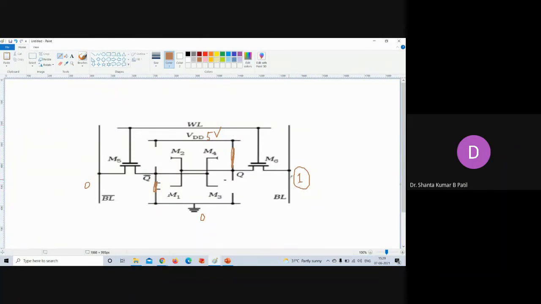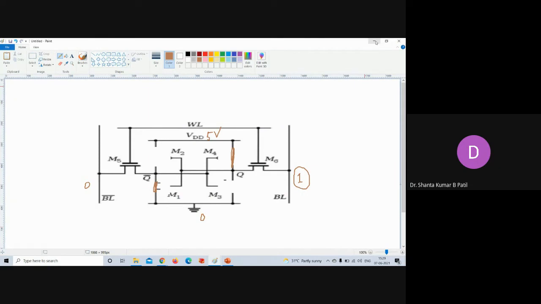So hence it is losing the signal 1 from the memory cell. That's what is called volatile in nature. Until and unless the power is there, that is, VDD is there, it is a 1 only. Once the power is removed, it is losing the data from 1 to 0. So this is what the static cells are.